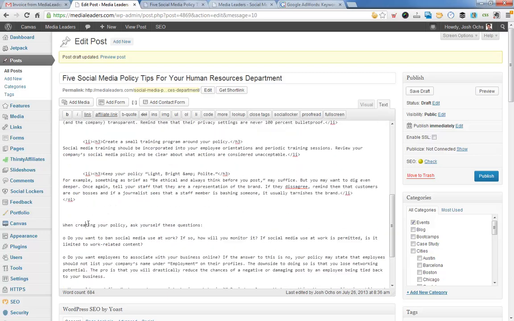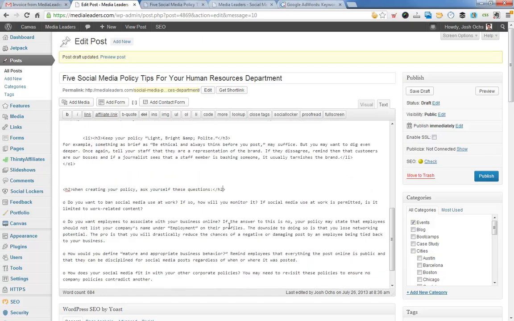When creating your policy, ask yourself these questions. Once again, I only click the strong because it creates just a clean version of that, and then inside the strong I create an H2 again. Because I'm not a programmer, sometimes I forget how to make these things, so I like to figure out little tiny hacks to figure out how to have other people do this. So here's some great questions people can ask,